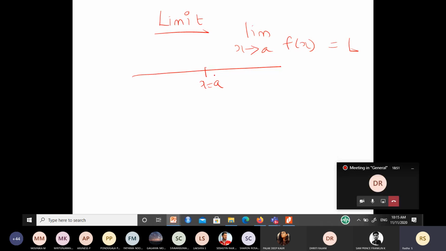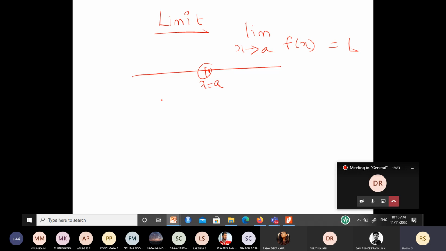Suppose x equal to a is a point here. I need to approach this particular point. Since this is along a straight line, along a real line, right? So how to approach this point? Either you can move from the left or move from the right. Moving from the left is called the left hand limit. That too is very important. You should move from points very near to x equal to a from the left, and you should move from points very near to x equal to a from the right.